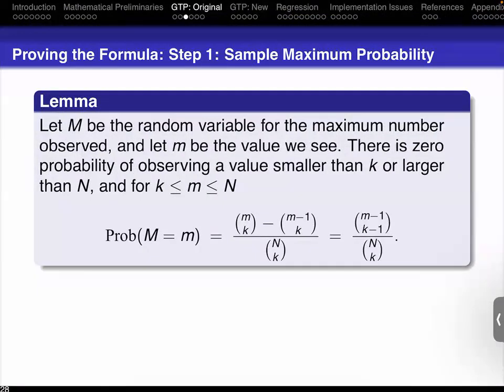What I want to do is calculate the probability that the largest observed tank is little m. There's a couple of ways to do this. We know m has to be at least k, and we know it can't be larger than n, so I only have to calculate it in that range. What would it mean if my largest tank is little m? It means I chose k tanks from 1 to little m. But if I look at k tanks from 1 to m, I don't necessarily choose tank m. So I'm going to throw away all the times I choose k tanks and I don't choose m. That means I chose k tanks from the first m minus 1.